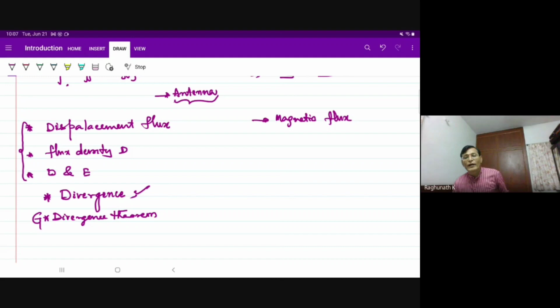A differentiation operation followed by a triple integral is equivalent to evaluating six double integrals. Definitely the second one is an advantage in many cases. We will understand this through that particular displacement flux. Ultimately, I will tell you the applications of the Gauss law also. There are tremendous applications in our subject also.